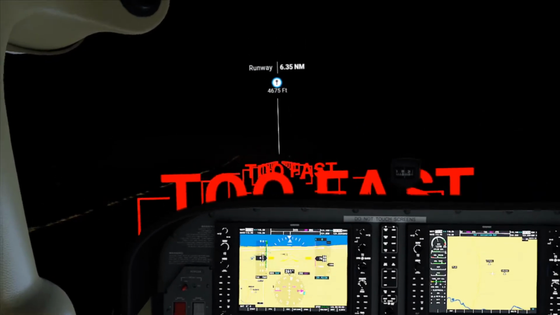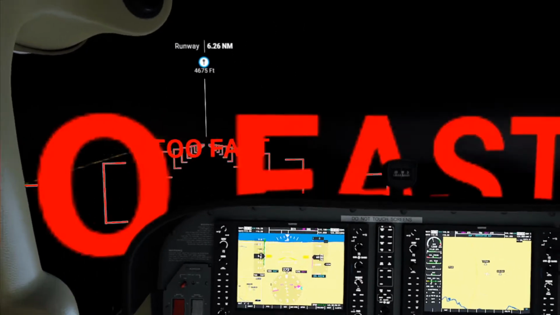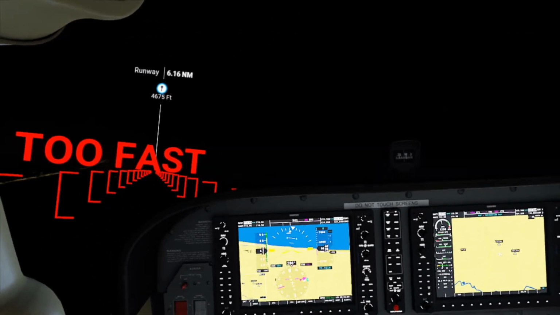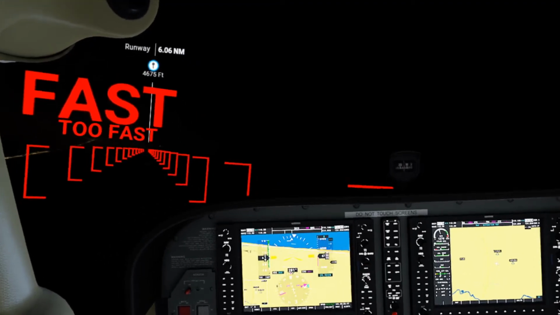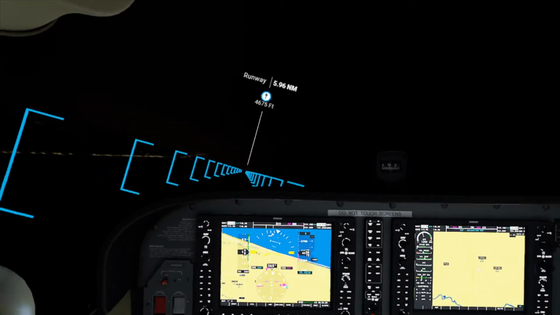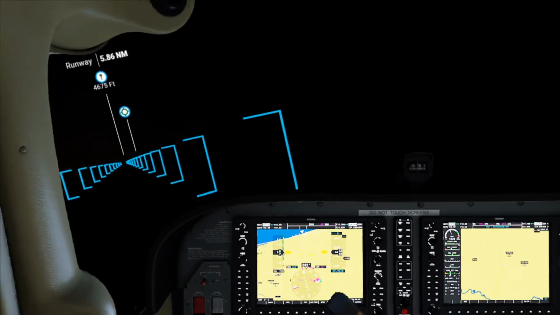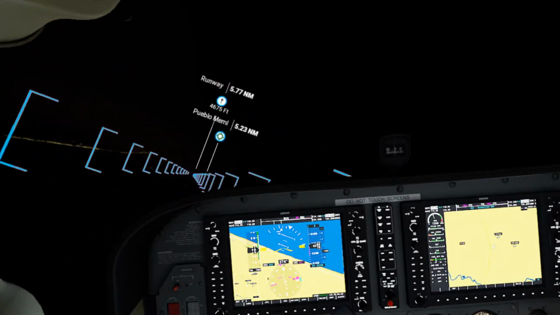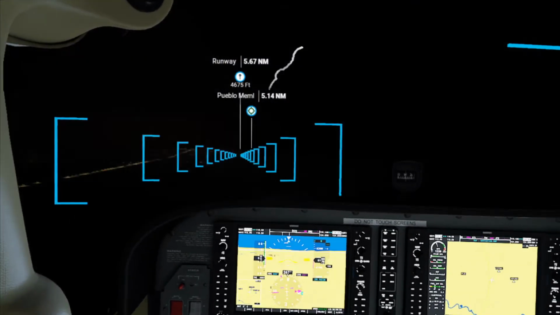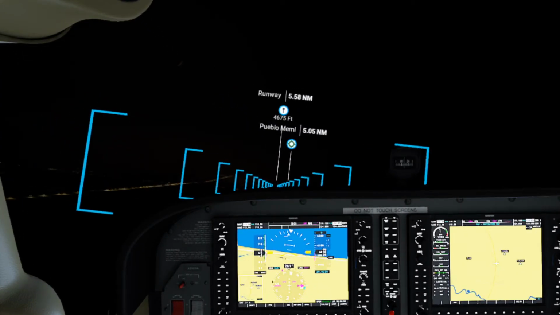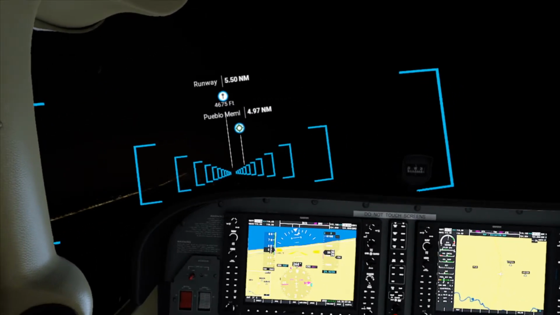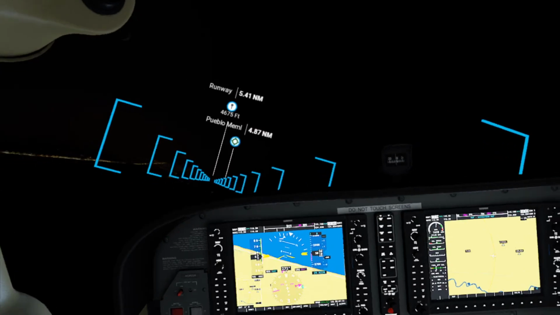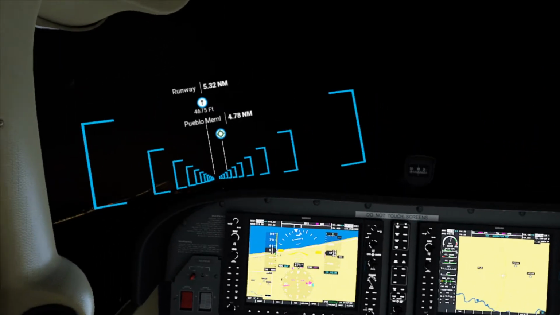Too fast. But basically, let's say the wind's pushing us this way. You have to use almost full rudder, and this would probably be best seen from outside. But it's keeping your nose pointing one direction, and my rear end is actually kind of like going the other